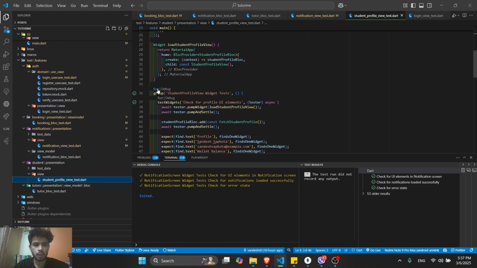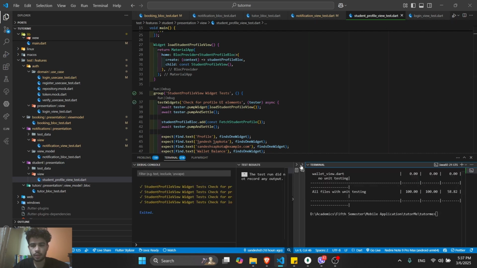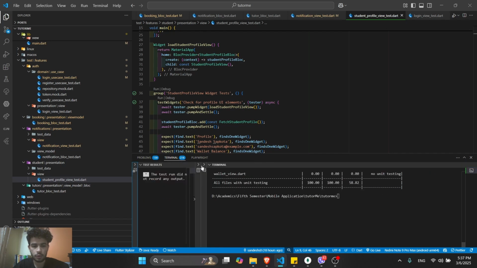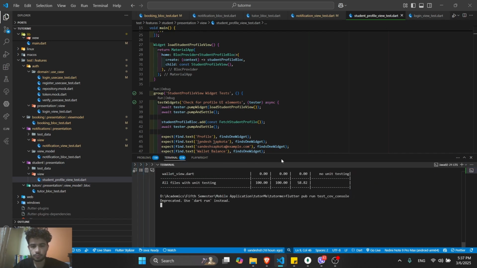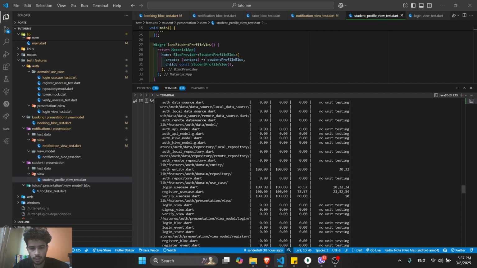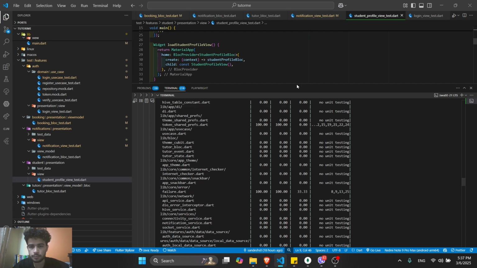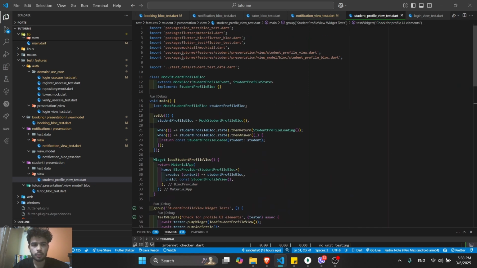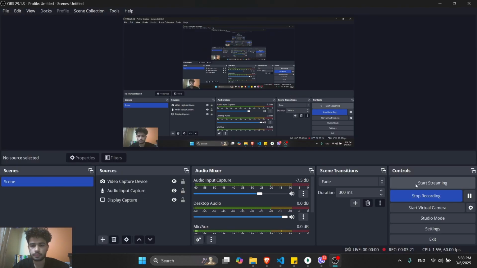The profile view widget test, student profile, we can see that all the test cases have passed. Now let's run the test coverage. You can see the files with the testing performed. Okay, so this is how the testing was done in the Flutter project.